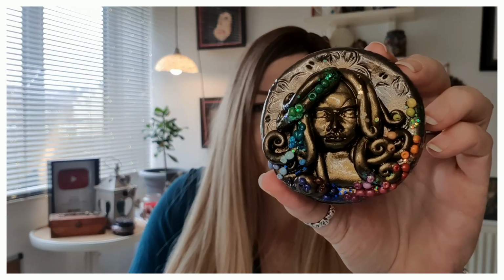So I bet you're really fascinated as to how this came out. And I really was as well. But you know what? This is something I never thought I would make. So I'm going to show you what it looks like now. So here is the face in its full glory. I'm going to bring it in slightly and come out a shot so you can see